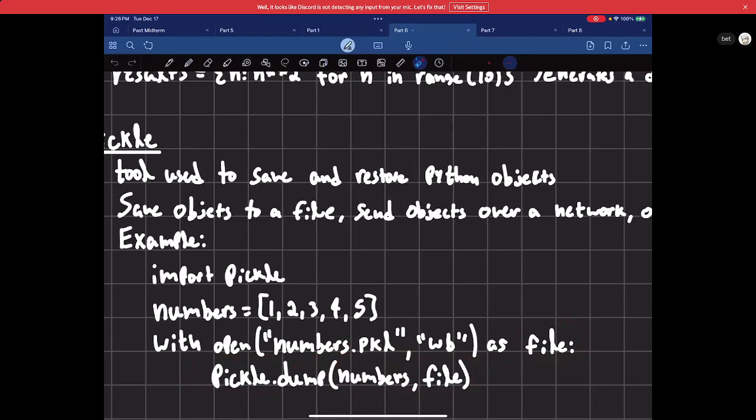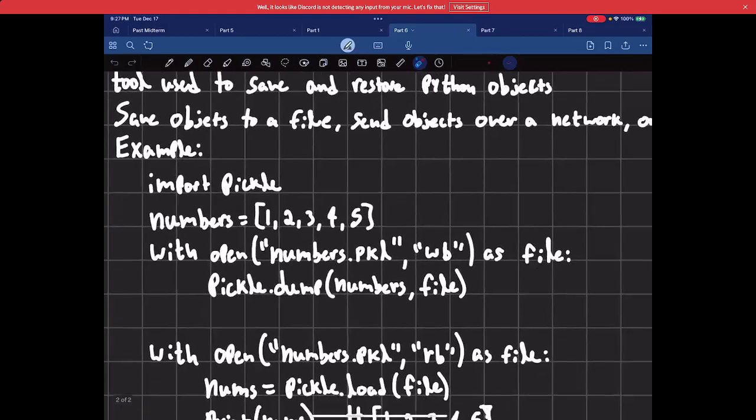Okay. And so now the use case of this is that, okay, I saved it in this file, and let's say I make a whole new program and I no longer have the values of that data structure. I want to be able to restore from that file. Right? And so I would do the same thing with open numbers.pickle, and then read, right, as file. And then from there, let's say I want to store it in a new list called restored list. I would say restored list is equal to pickle.load, right? So that's the restore function load, and then I would pass in the file as a parameter, right? So that looks something like this,